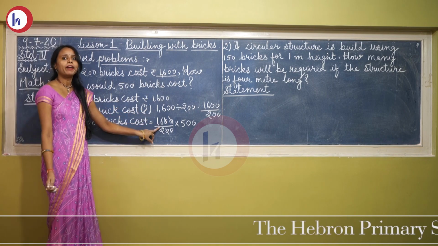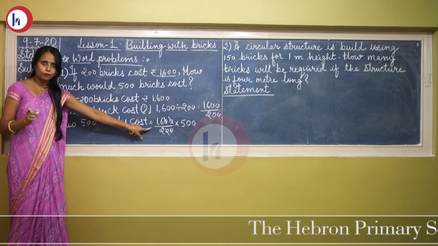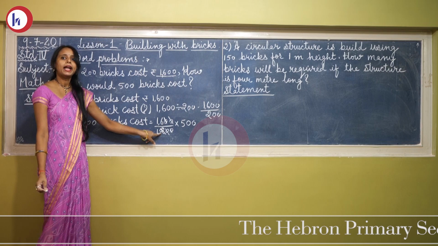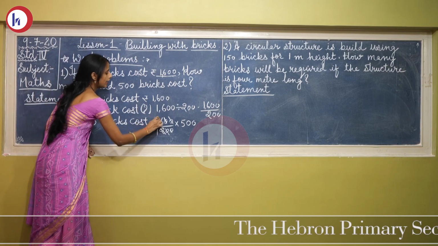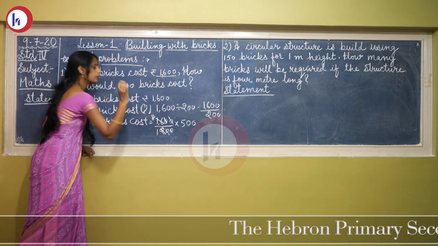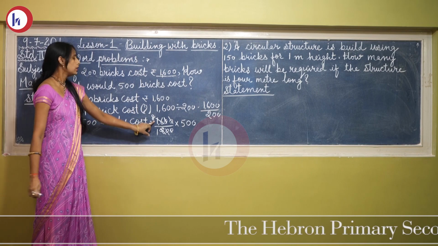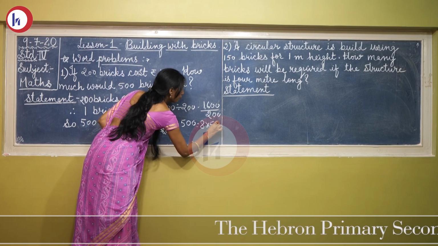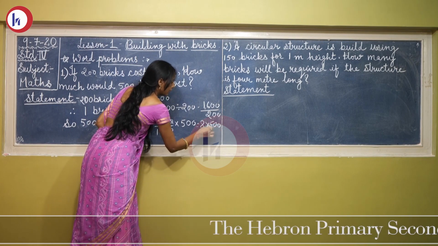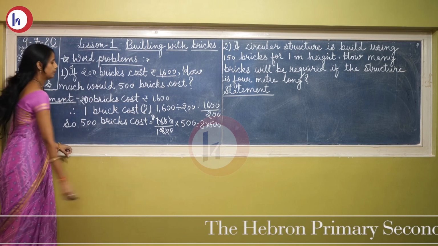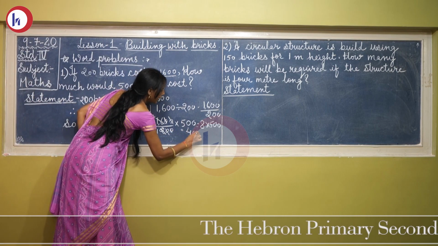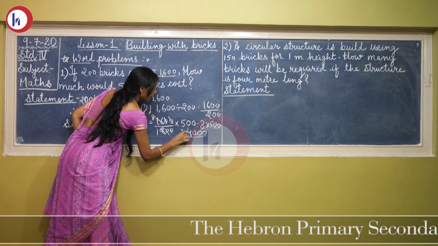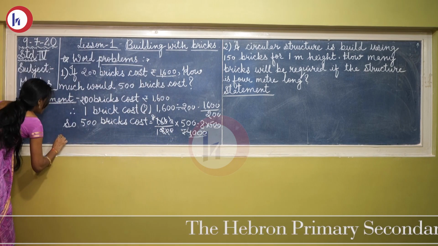Now we have to divide. Now we have to take the table of 2. In the table of 2, 2 will come one time. So cut it and write 1 here. And 16 will come 8 times. So cut here and write 8. Now this is the remaining number and this is 500. 8 multiplied by 500. Now take the table of 8. 8 fives are 40. So 40 and these 2 zeros will be here. The answer is rupees 4000.